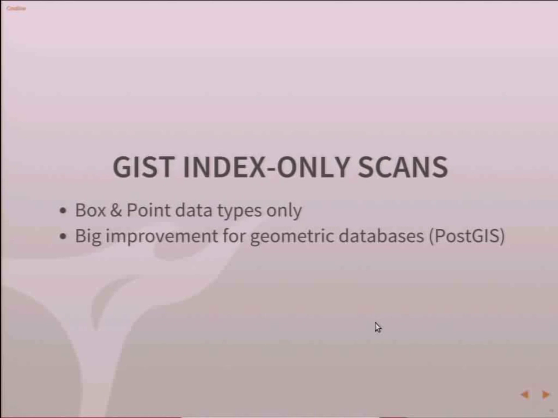For those that don't know what an index-only scan is, if you're doing a query like a select count or something like that, and the actual values exist on the index, they don't have to go to the table to get them. I think it was back in 9.2 they added that feature for B-tree indexes. It'll not have to go to the source table. You can just get the data right from the index, and it's tremendously faster. They're starting to add that to GiST indexes now. So for things like PostGIS, which usually have tremendously large amounts of data in them, this can make queries against PostGIS a lot faster. It's still limited. It's only on box and point data types right now, but hopefully they'll get more in there.